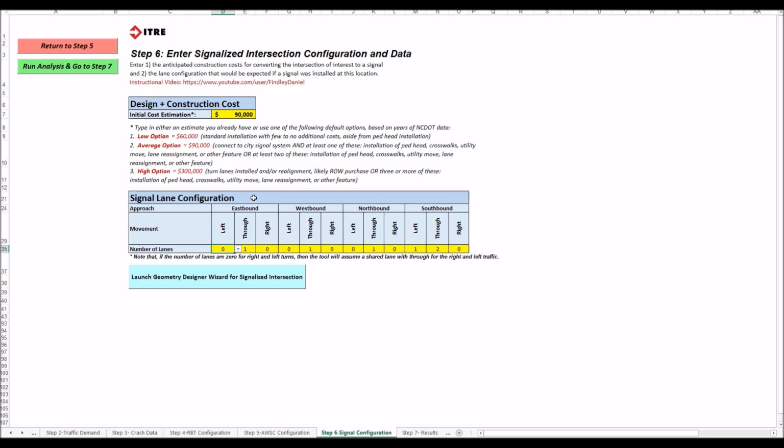In order to input the signal lane configuration, the user can either choose 0, 1, or 2 to indicate lanes for each left, through, and right movement for each approach in the table. Or they can auto-populate the configuration table using the tool's Geometry Designer Wizard. To use the wizard, click the Launch Geometry Designer Wizard for Signalized Intersection,